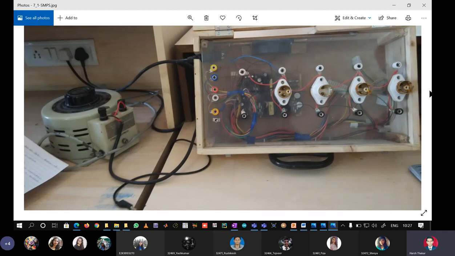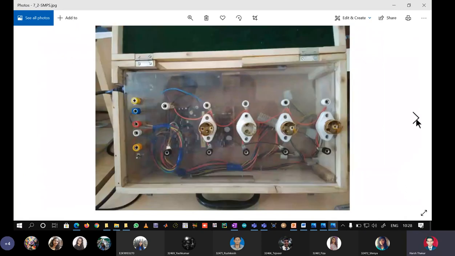So if I want to find the line regulation for the 12 volt supply, I will drive the SMPS by say 230 plus 30, that is 260 volts, and see what the variation in the 12 volt output is. Similarly, I will drive it at 230 minus 30, that is 200 volts, and also measure the output. There are mathematical formulas for measuring the line regulation of any power supply. Got the point? So then you can find load and line regulations for all the supplies: plus 12, minus 12, plus 5, minus 5, plus 3.3. Very simple kind of setup.